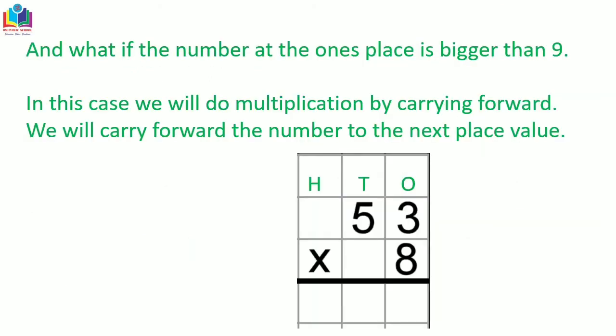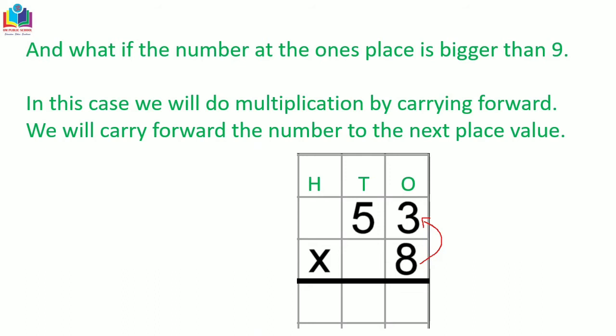Now that you have understood the simple step of multiplication, it is time to tell you something a little bit more difficult. What will happen if you multiply these two numbers and your product is more than 10 or more than 9? That means it is not a single digit number. Well, in that case, just the way you do in addition, when you get a 2-digit number, you carry forward it to the next place value. Similarly, here also we are going to carry forward the multiplication fact.